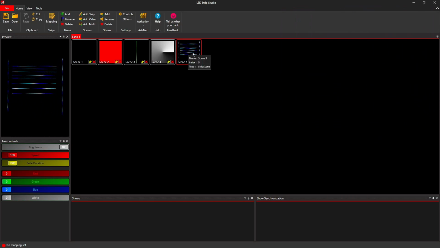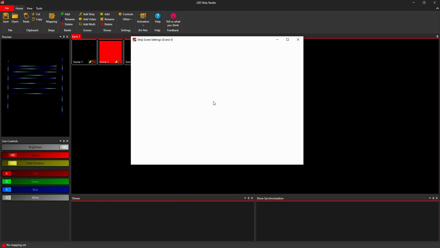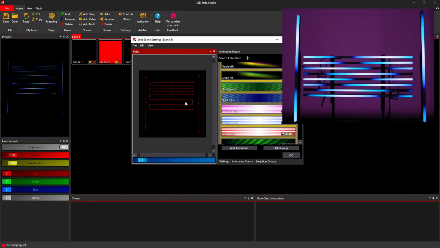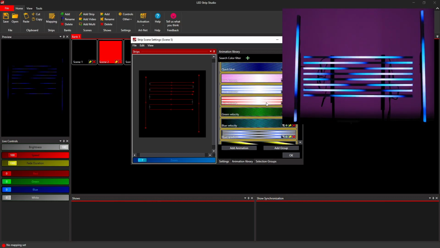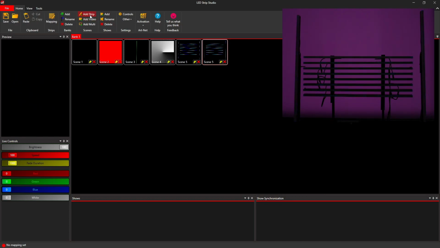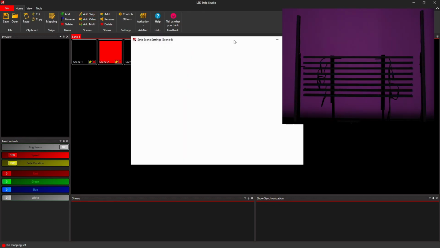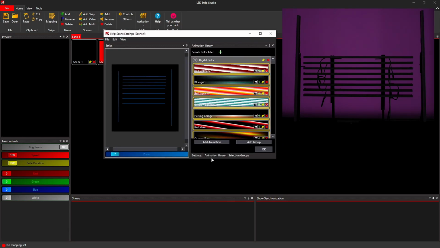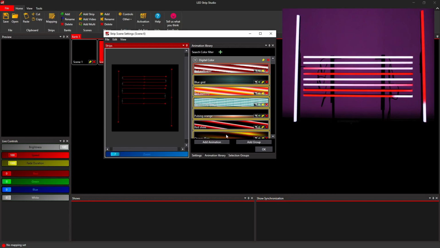Here you can also copy the animations, and I will show you that you can also highlight all the segments, and with the plus button you will add it onto all the strips. So this is also one way how to add one animation onto all strips. But back to the creation or to the customization of your animations. Okay, I can actually select all, add the animation,